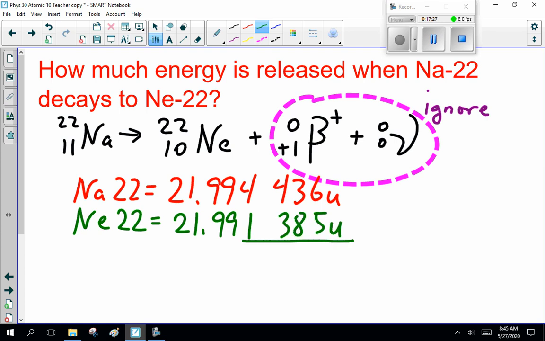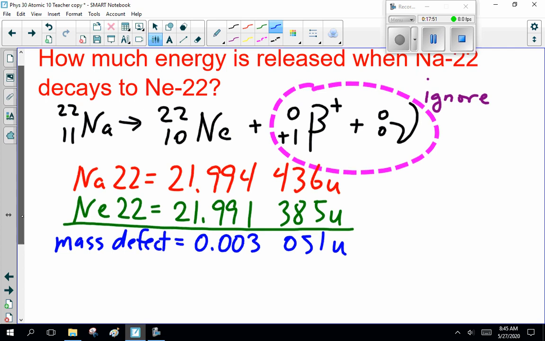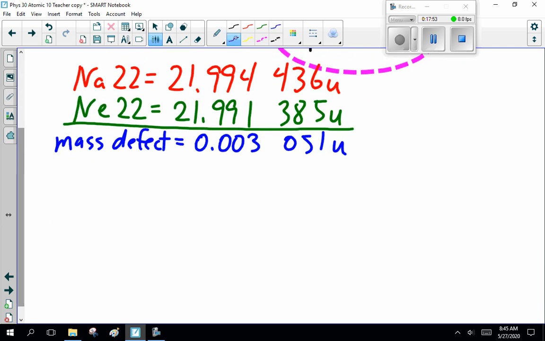21.991385 units. So the mass defect is 0.003051 units. All right, so here we go. Now, calculating the energy, 0.003051 units